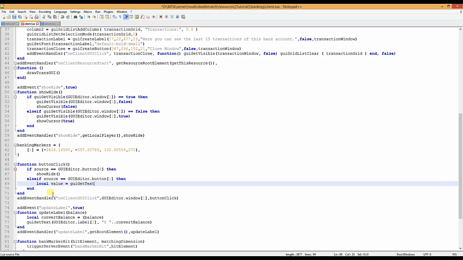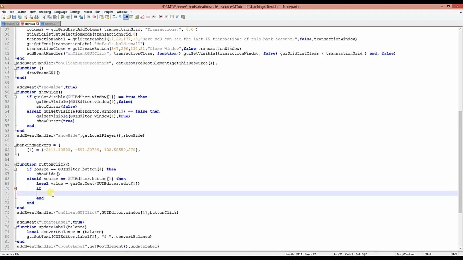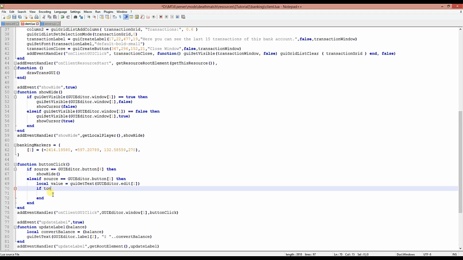Text, GUI editor dot edit 1. If to number value